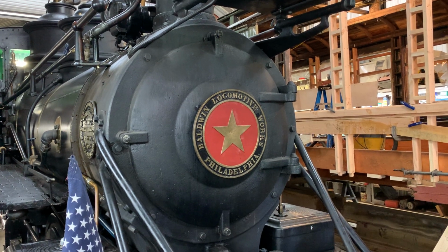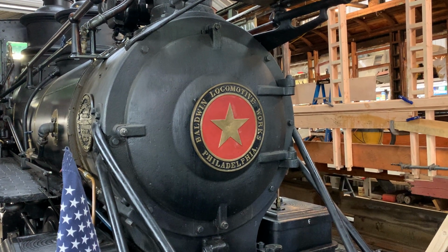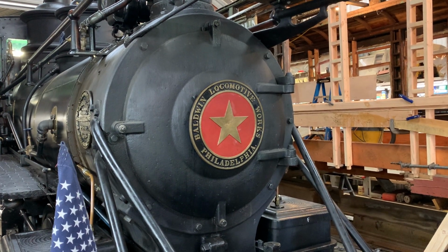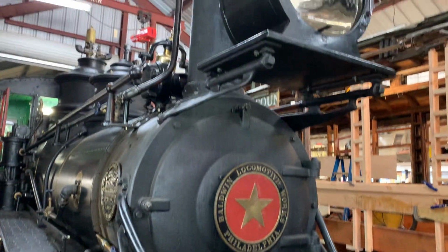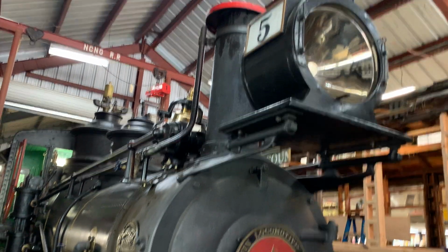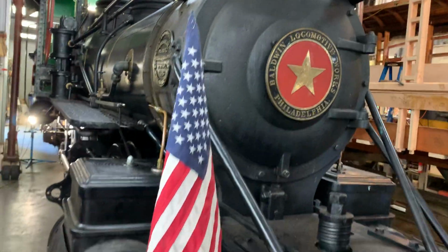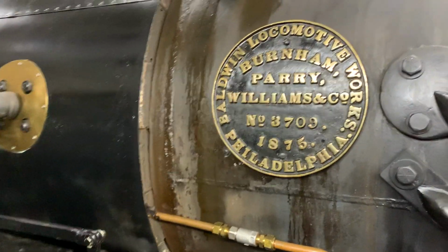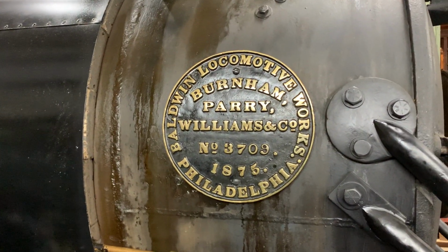We're in Nevada City, narrow gauge railroad station in California, and we're in their restoration shop. Here's their engine number 5, locomotive number 5, and yeah, it's really cool. They just let us walk around in the shop. There's the plate there,